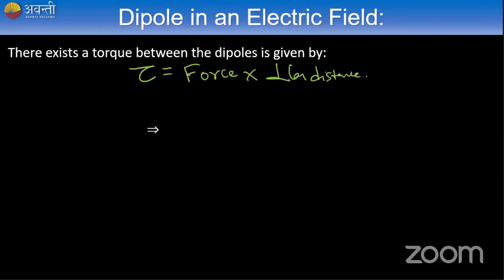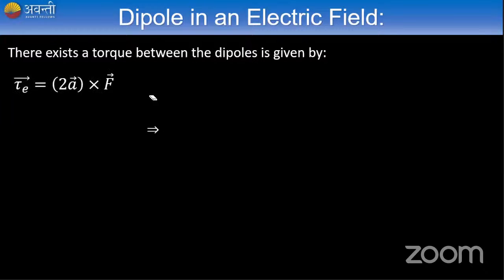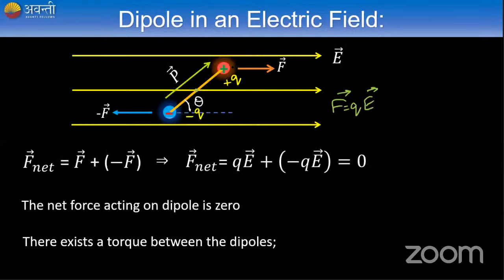Guys, my torque tau is equal to force times perpendicular distance, which we had studied in our 11th standard, the basic definition of torque, right? So then in this expression, in this image, where is my torque? If F is the force and if the charges are separated by a distance of 2a,